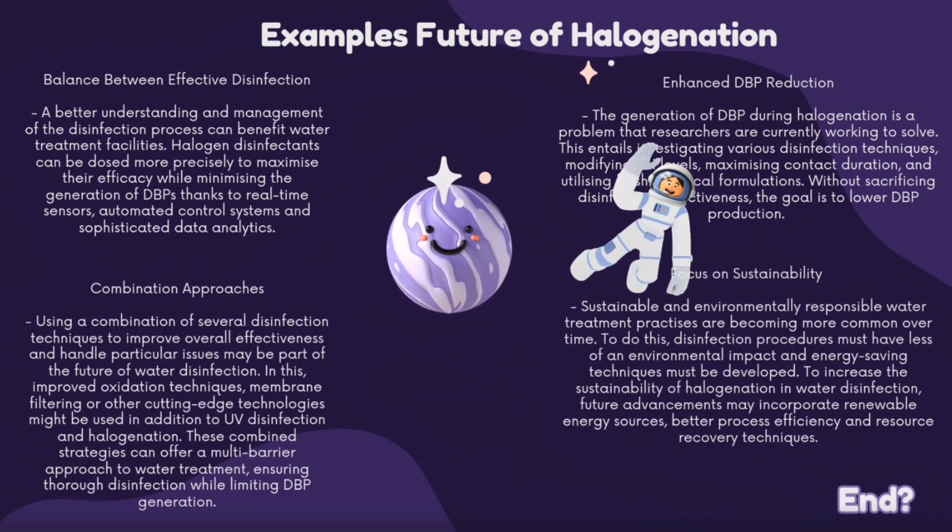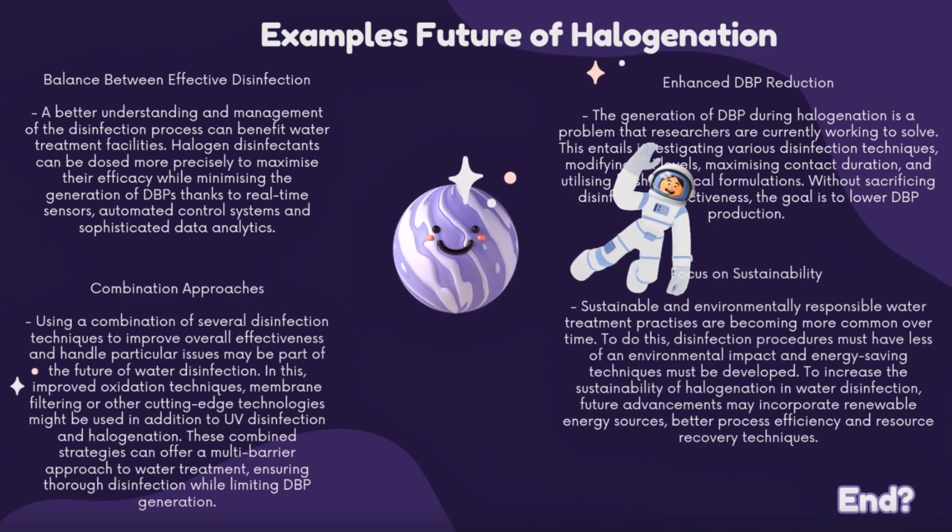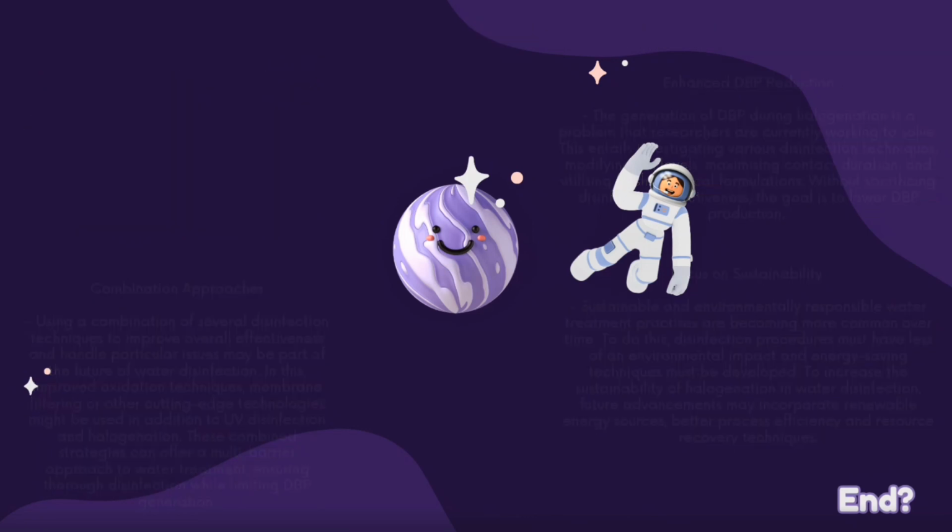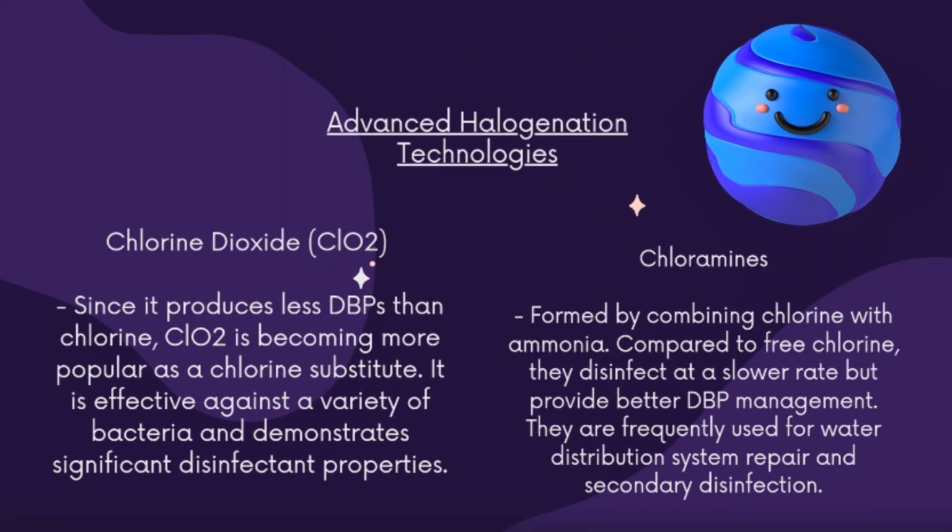First one, balance between effective disinfection. Secondly, enhanced DBP reduction. Then, combination approaches. Last but not least, focus on sustainability. Is this the end? No, not yet. So, the alternative method is by using advanced halogenation technology: chlorine dioxide and chloramine. For ClO2,